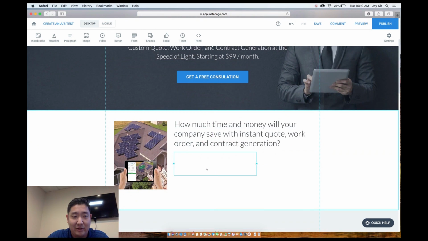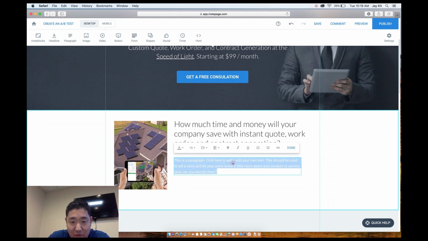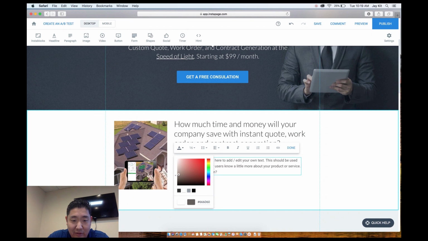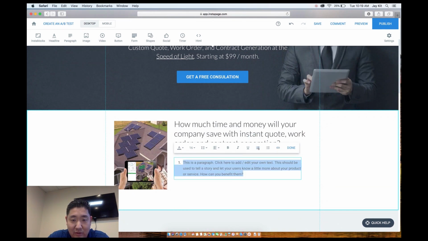So I clicked on paragraph. I can add this in here like so. It's white, so we can't see it. Maybe I'll make it a little different color, a little lighter gray. And then I want to make this bullet points, like so. So we'll say